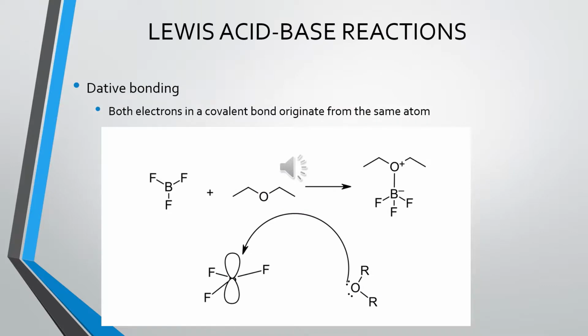Well, this is actually the last slide in this brief presentation. The idea here was just to acknowledge the existence and application of Lewis acids and bases in organic chemistry in a very introductory manner. And so let's at least say something mechanistic about this. I mean, how mechanistically does this work? Well, if we look at the formation of a Lewis acid-base complex and the formation of what's called a dative bond. Now, a dative bond is a covalent bond where both electrons in that covalent bond originate from the same